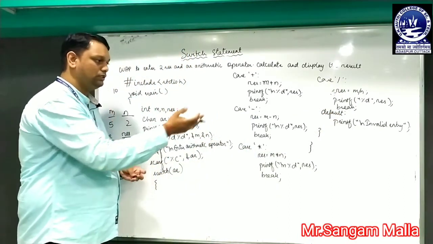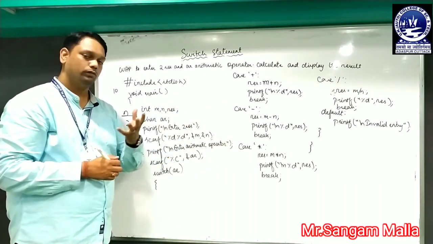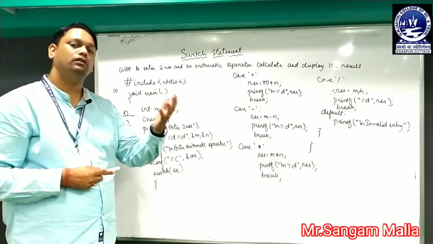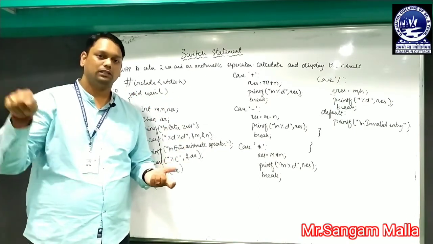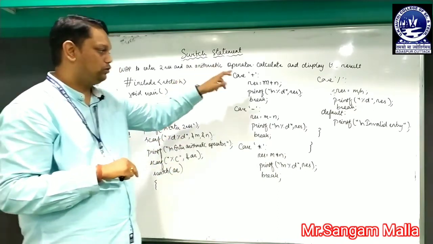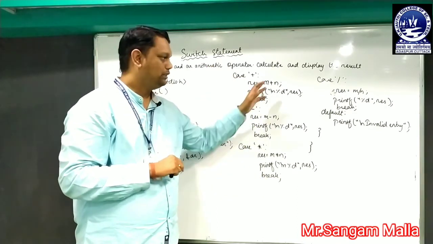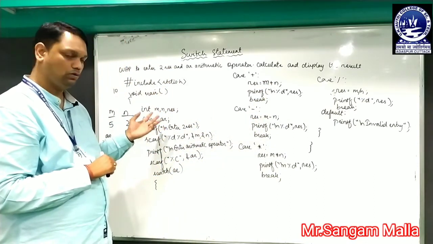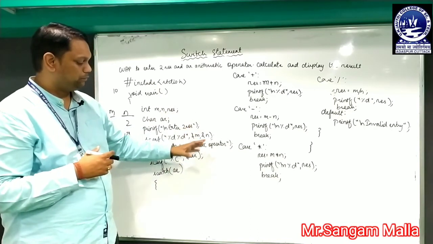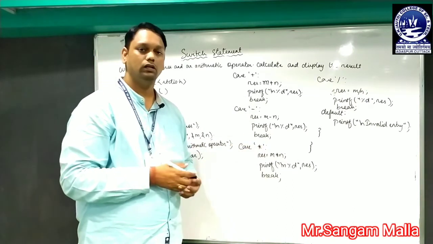Whenever we are using a calculator, this program is very similar to a calculator program. That means similar type of program has been written. Whenever we are entering a number and we are entering the plus, minus, multiplication or division, it is considered as a character and according to that the values are calculated and the result is shown. So in this way we have taken two numbers, or we can take multiple numbers also. We can calculate any type of arithmetic operator, we can display them and we can work according to the user requirement.